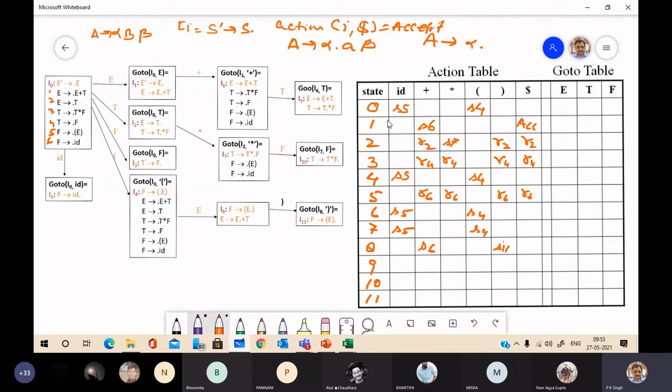Now come to I9 state, state 9. From I9, here we have a terminal symbol just after dot, T → T dot asterisk F. So the action is shift.